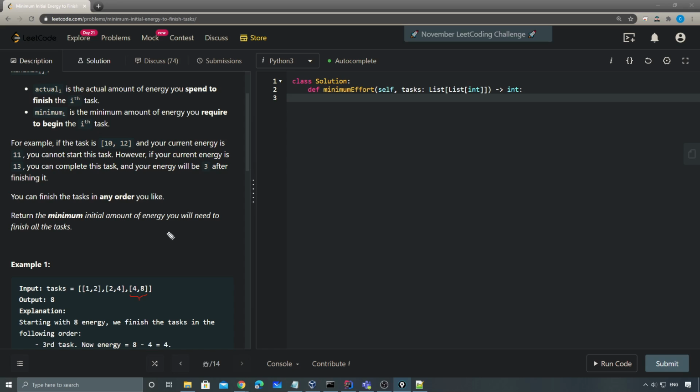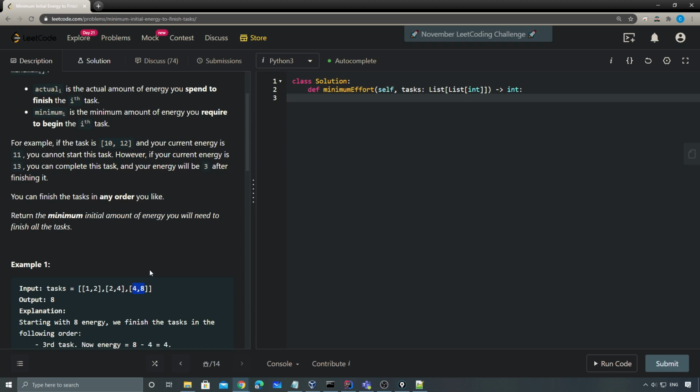We want to save as much energy as possible so that we can spend less energy to complete the following tasks. So basically, in order to save as much energy as possible, we need to process the task that can give us the most